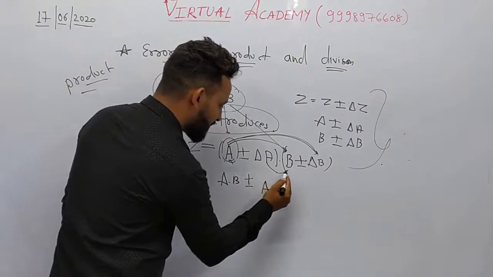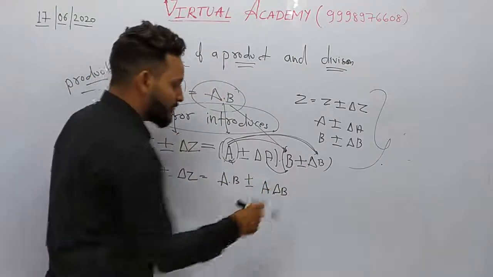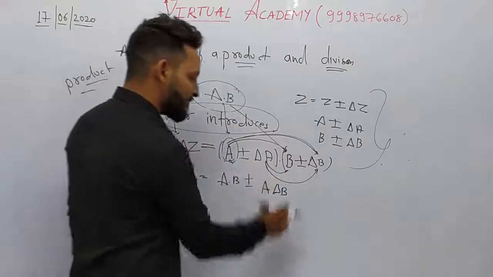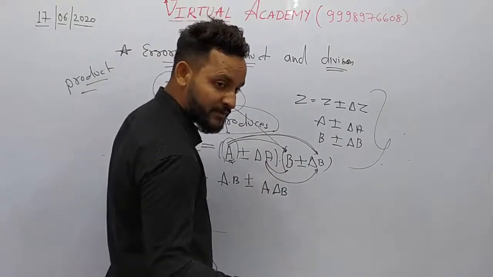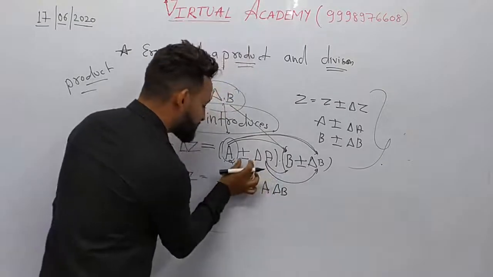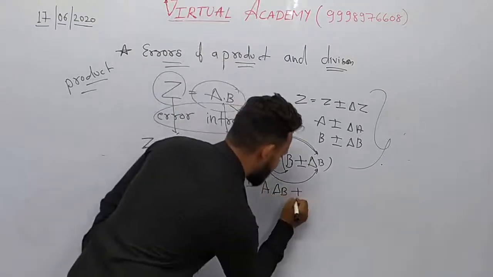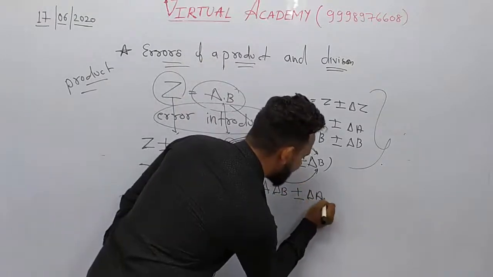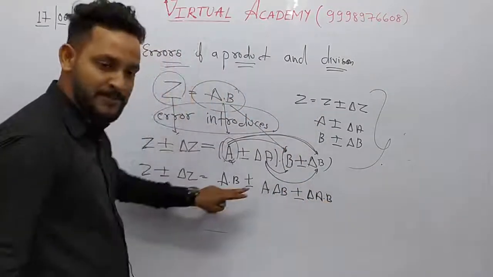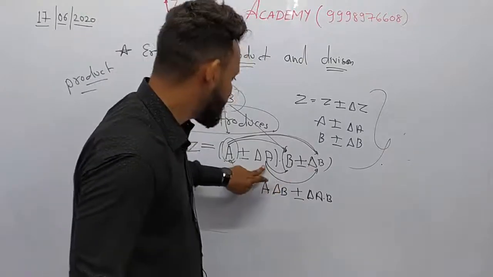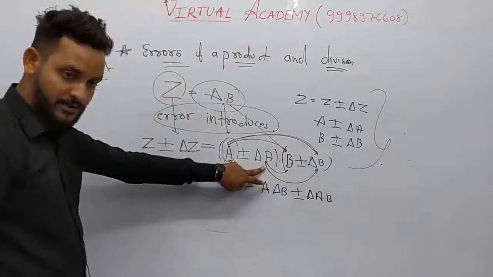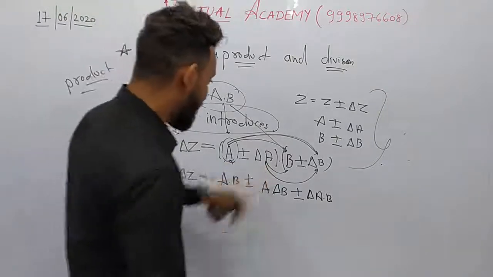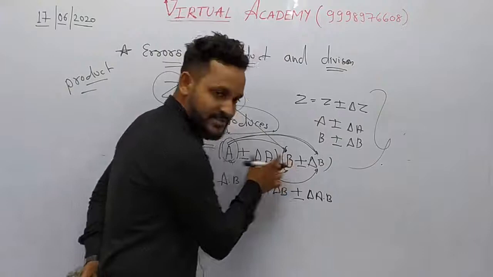So we have to multiply delta A first with B. Now again we have to multiply with delta B. So now what about delta A and B? We have to use this symbol, plus and minus, delta A into B. Clear? It's just a simple multiplication. You already know it very well, because you studied this kind of multiplication in standard 7, 9, 10. After that, this game is over.